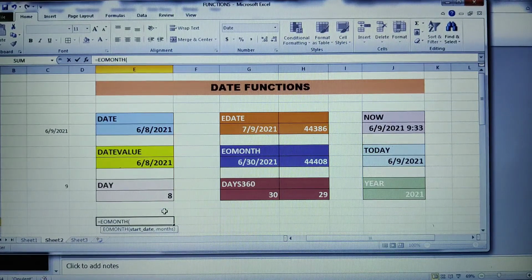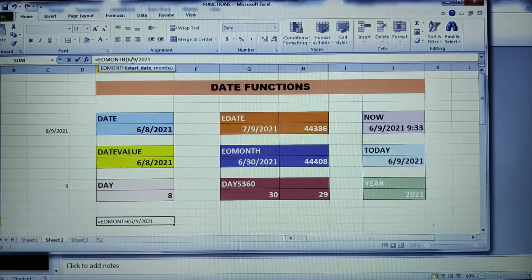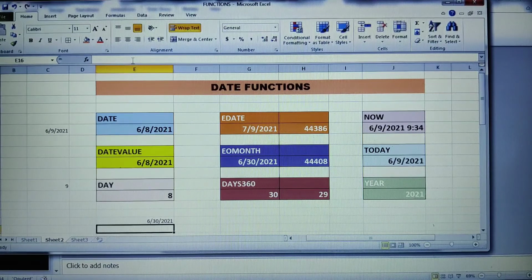Start date I'll give as today's date, that is 6/9/2021. Here it should be in the text format, double quotes here followed by double quotes, comma. I want to know the date of the last day of this particular month. Just press enter.